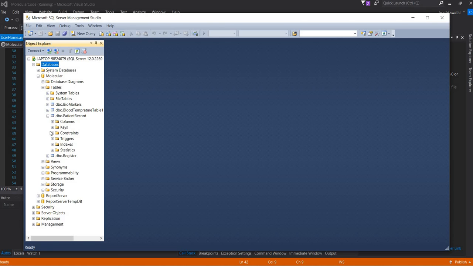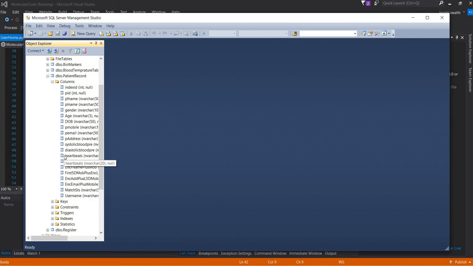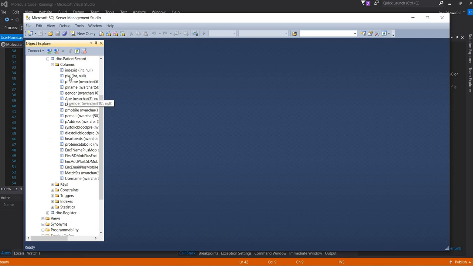I am showing the patient record. These are the patient records which we have assigned: index ID, patient ID, patient name, first name, last name, gender, age, date of birth, mobile number, email, address, blood pressure, diastolic blood pressure, heartbeats, protein, calorie, all these we have given.